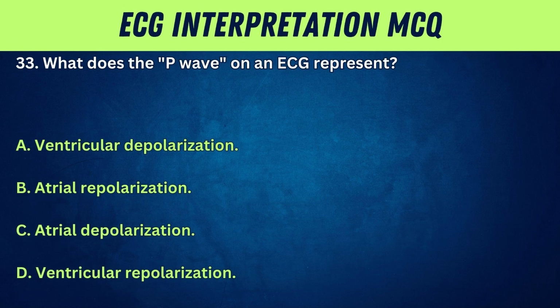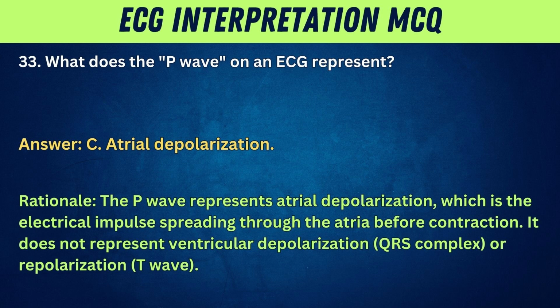33. What does the P wave on an ECG represent? A. Ventricular depolarization. B. Atrial repolarization. C. Atrial depolarization. D. Ventricular repolarization. Answer: C. Atrial depolarization. Rationale: